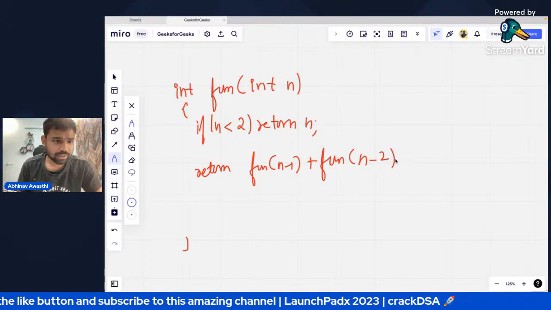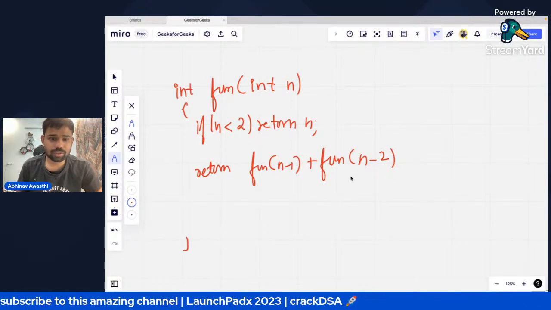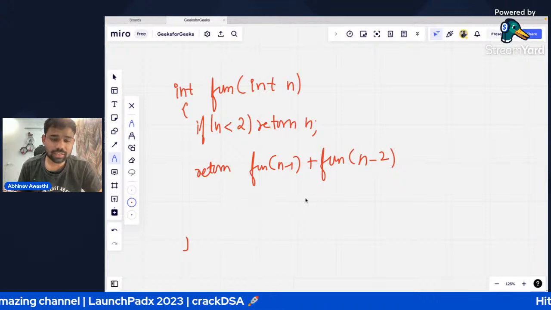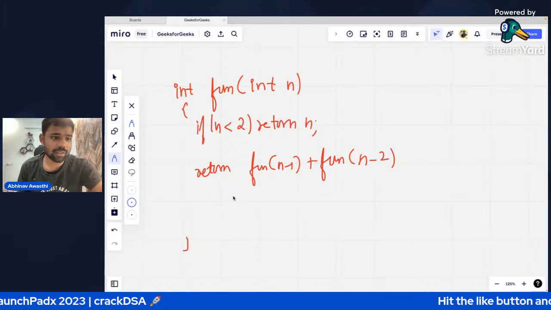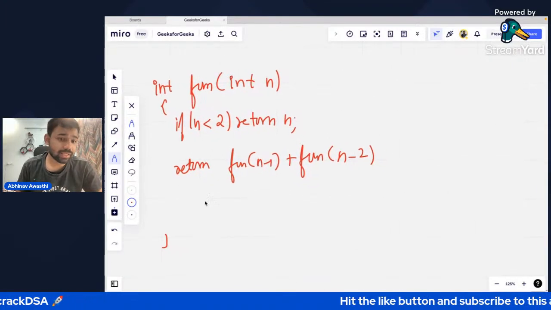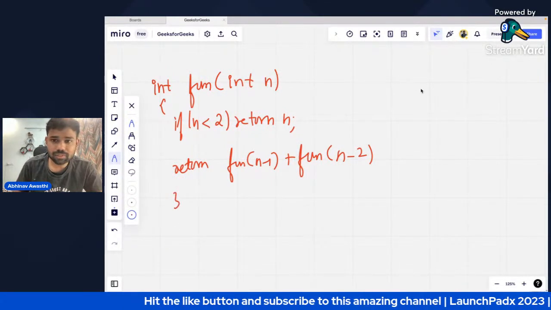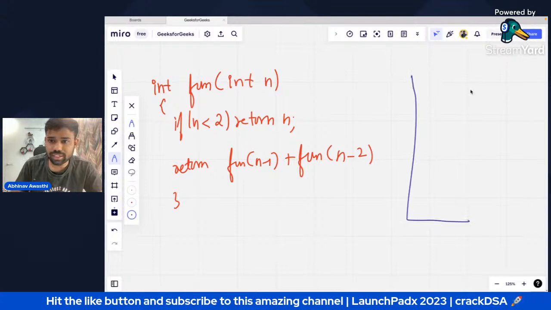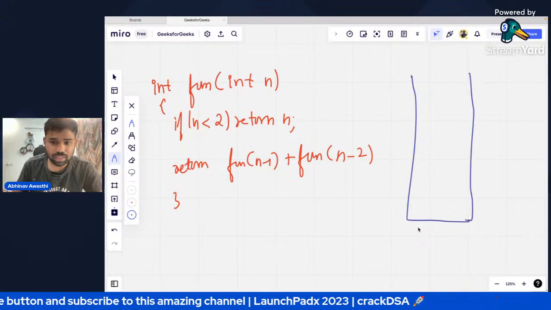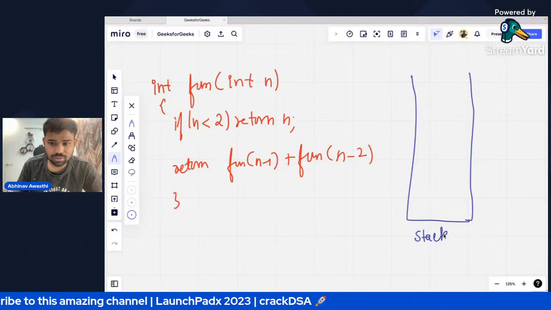Okay, great. So now see the part. The thing that we are having here is, guys, अब इसको देखते हैं dry run कैसे हो रहा है, ठीक है? So guys, what will happen is, first of all, let's create a recursive stack. Okay, see.